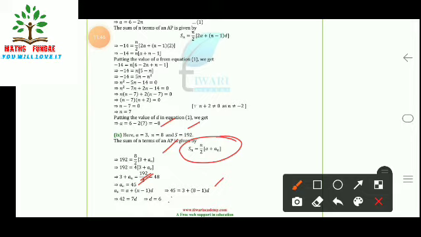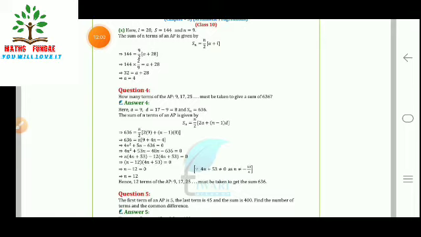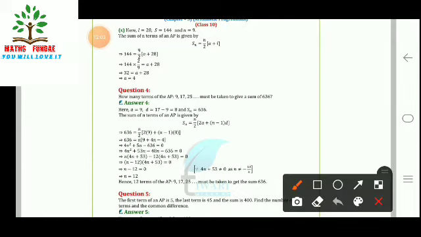So what we have to do, we are basically using the same formula, either the Sn or the an. On the basis of these formulas we can easily solve the questions. Now moving towards the next question. In the 10th part we have L is equal to 20, that is the last term is given, S is equal to 144, n is equal to 9. So we have the sum of n terms Sn is equal to n upon 2 (a + L). So we have 144 is equal to 9 upon 2 (a + 28). Then we have a is equal to 4. So we have to find the value of a, and the value of a is this.